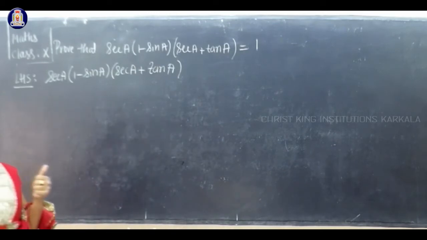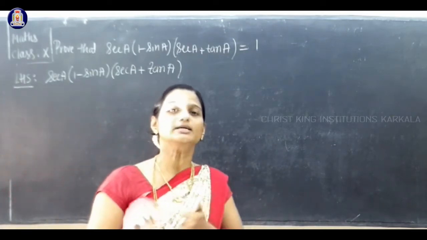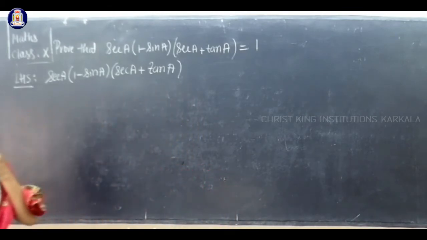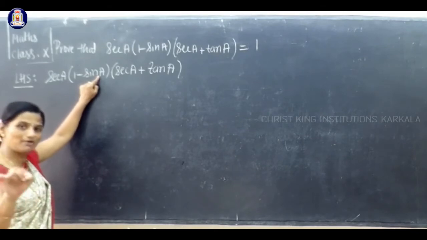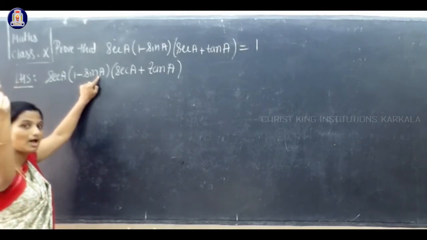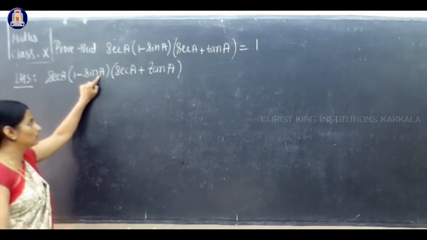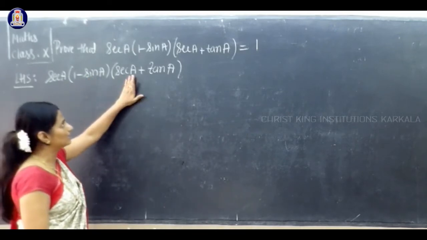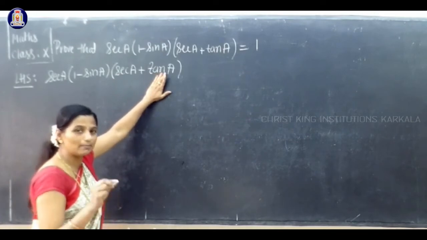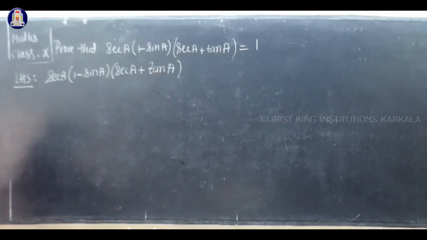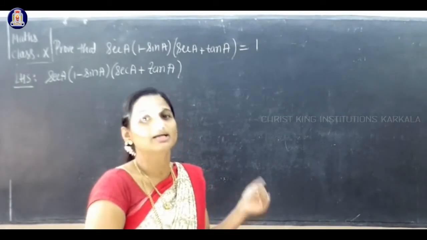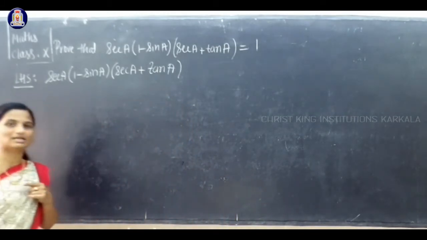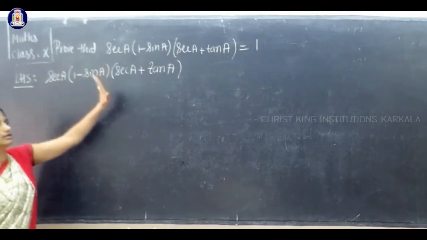First way is identity, right? So you have to check whether identity is possible. Identity is secant square, 1 minus sin A, but we have the identity 1 minus sin square A. Sin square A, no, here not possible. This is secant A, this is tan A. Not possible to apply the identity formula, right? So if it is not possible to apply identity formula, next go for rationalization or LCM. Is it possible to get rationalization? No, because there is no numerator and denominator.